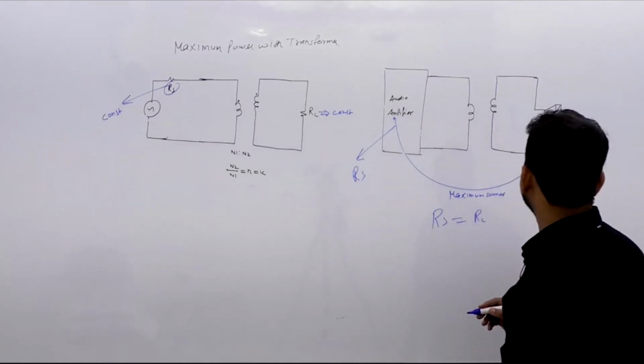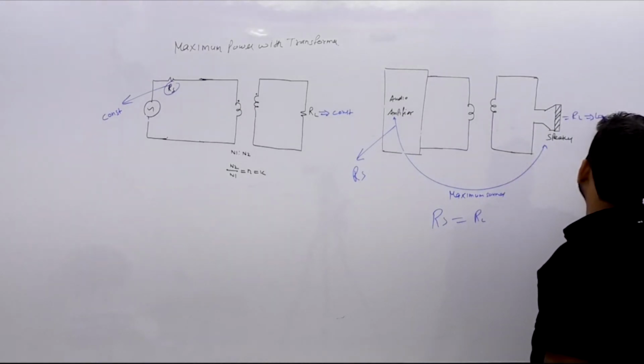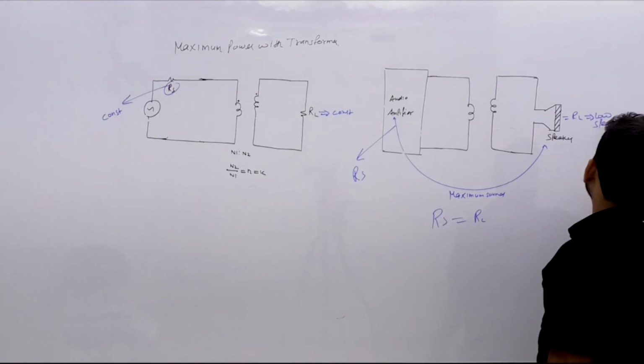Now how we can match, now RL is low value, अगर स्पीकर का आप लोग रेजिस्टेंस देखेंगे तो कैसा होता है, इस लो